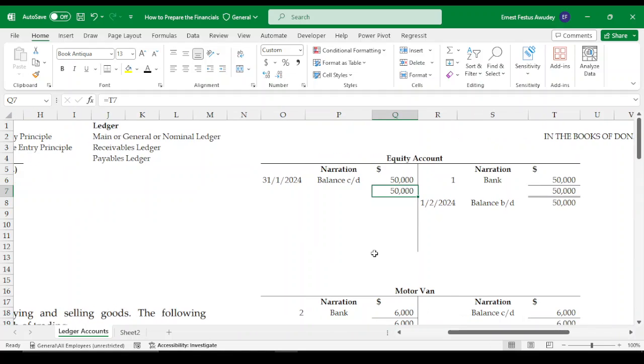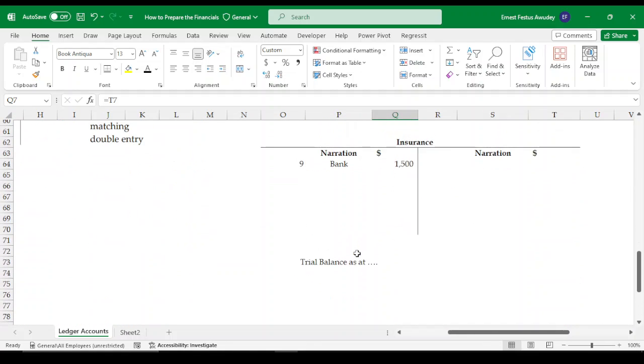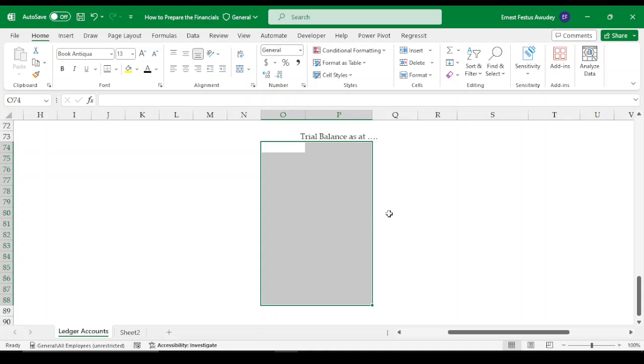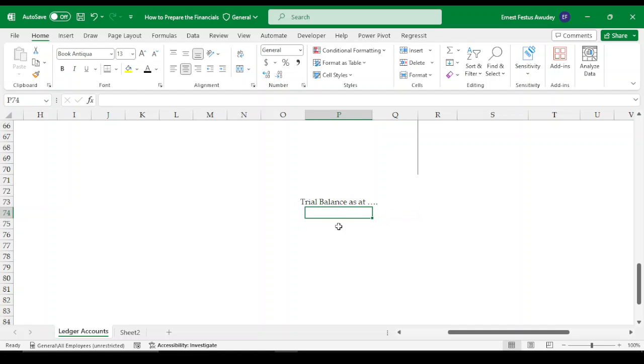All right, so as I said, the trial balance is a list of all the accounts and their balances. So what we are going to do is that we are going to list all the accounts we have opened here with their balances. Now, to achieve that, the trial balance has columns. All right, it has columns. So the first column is the particulars. We call it particulars,